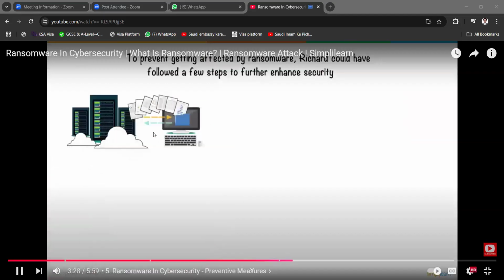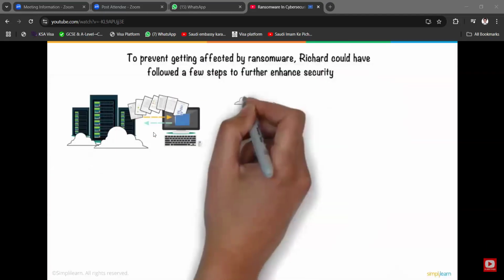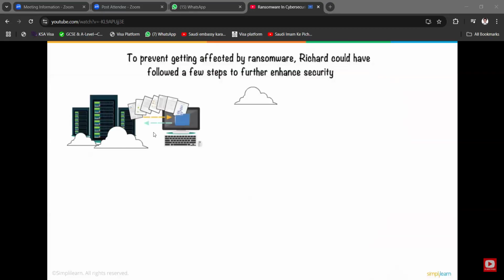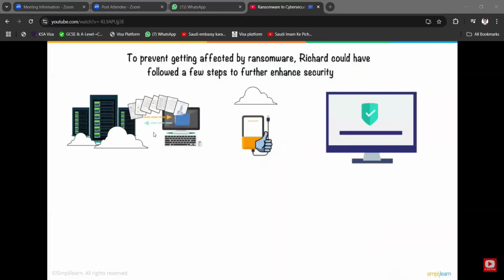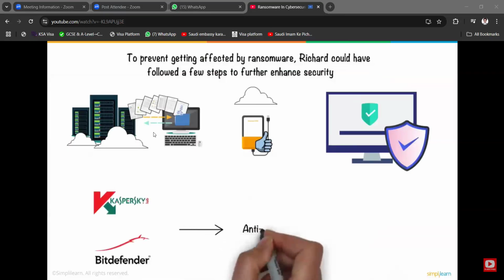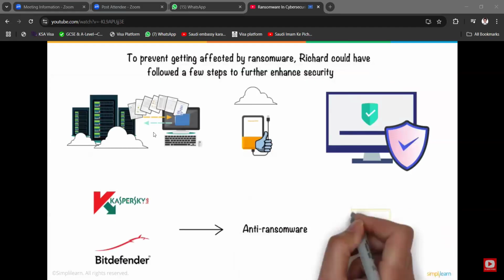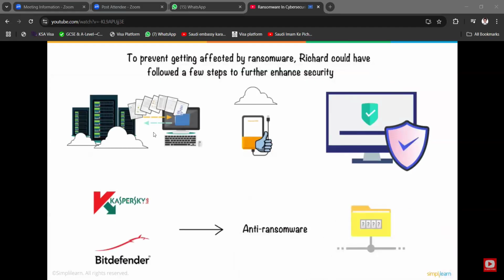One must always have backups of their data. Cloud storage for backup is easy, but a physical backup in a hard drive is always recommended. Keeping the system updated with the latest security patches is always a good idea. Apart from system updates, one must always have reputed antivirus software installed. Many antivirus software, like Kaspersky and Bitdefender, have anti-ransomware features that periodically check for encryption of private documents.